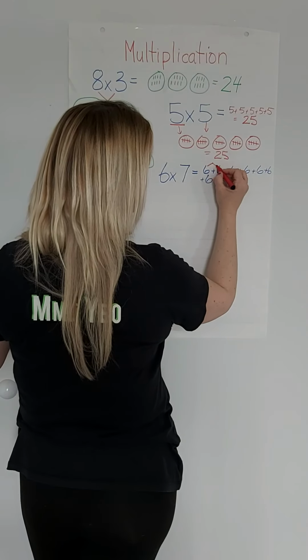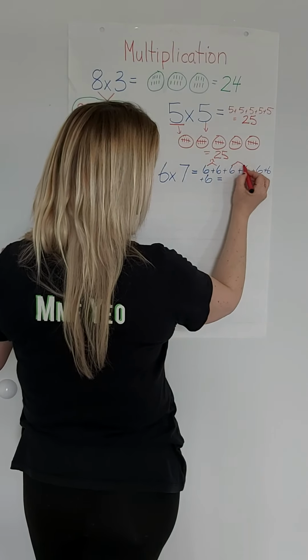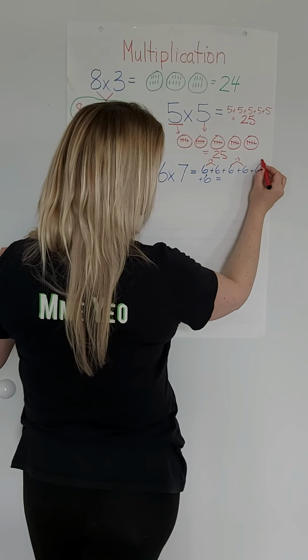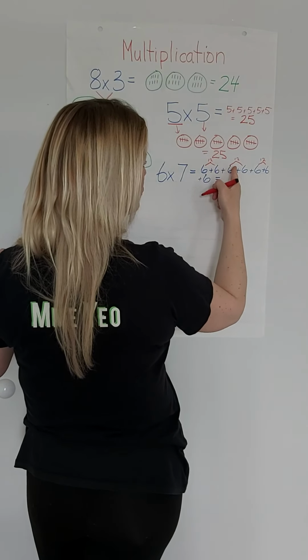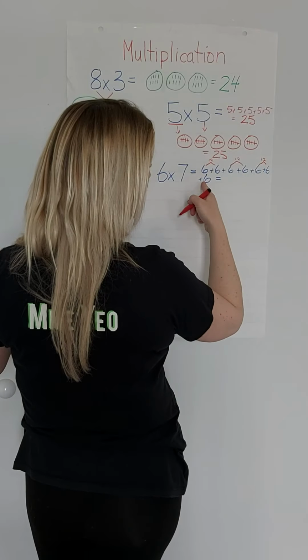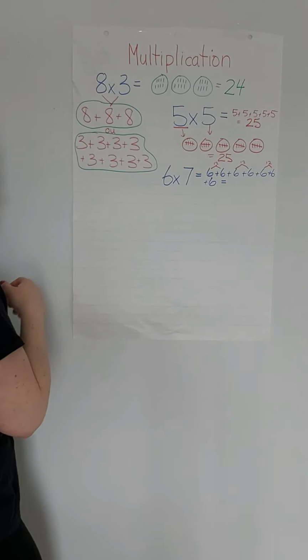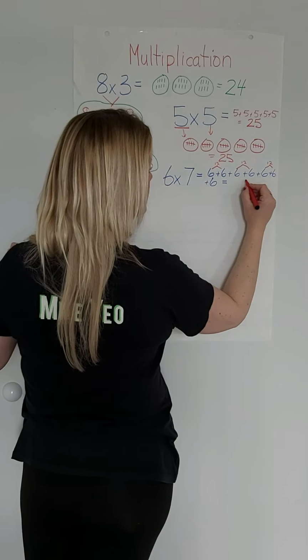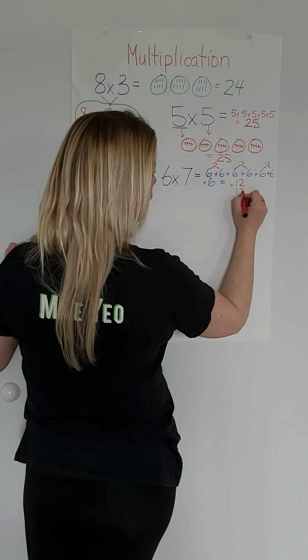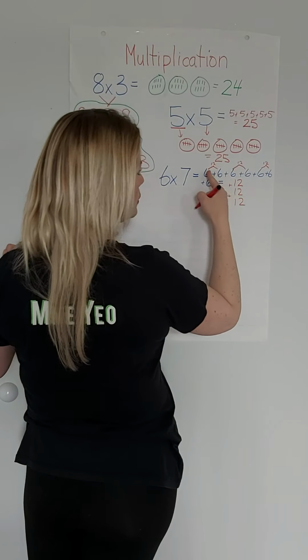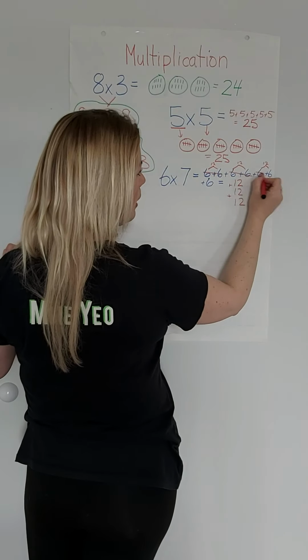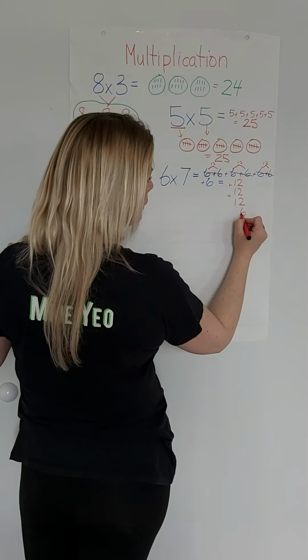Well, you can do 6 plus 6 is 12. 6 plus 6 is 12. 6 plus 6 is 12. Okay, plus 6. So 12 and 12 is 24. You add the other 12 plus the 6. You can do it that way. You can do it like this and make it 12 plus 12 plus 12 because you've already taken these 6s and made them into 12s. And then you have an extra 6 here. You can do it that way.